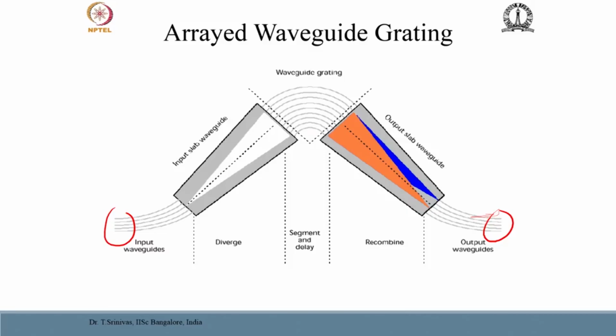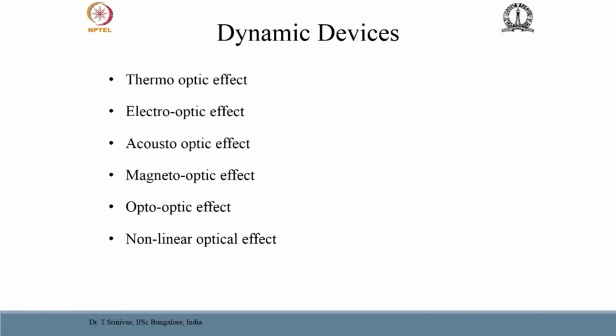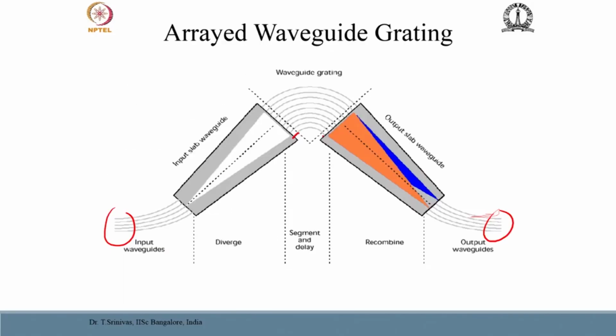So, the operation is like this. First of all, the light is mixed up in the region and redistributed across all the inputs of the waveguides, and the waveguide lengths are unequal, creating different phase shift across the output of the waveguides. So, the light coming across the first port has the least delay, and the one which is coming out of the outer port has the maximum delay, and it could be